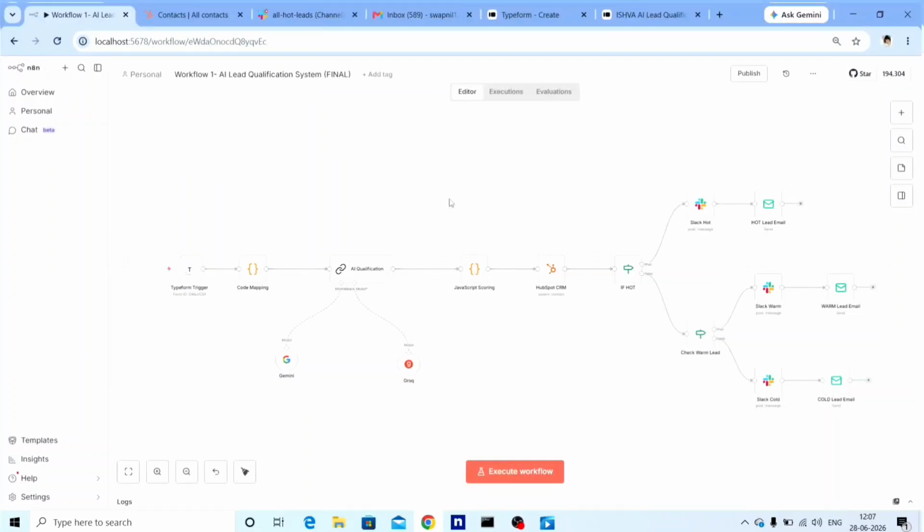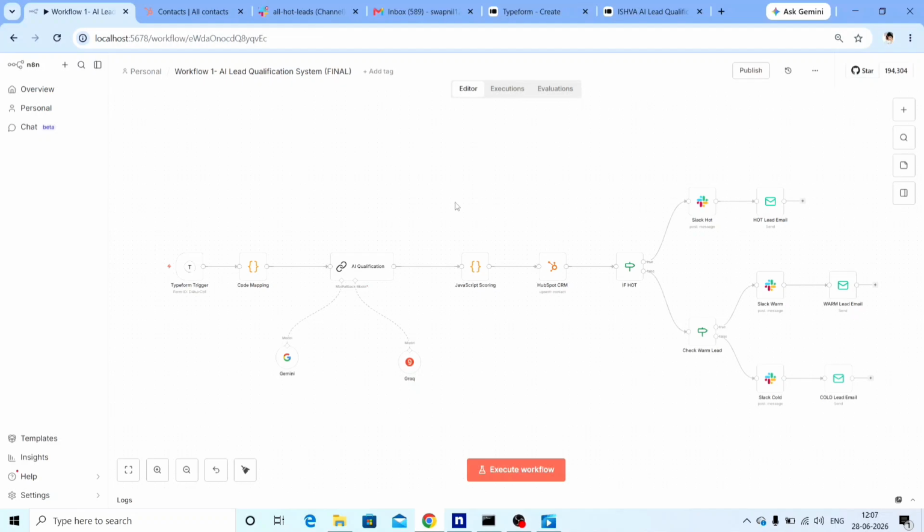One of the biggest problems which I have seen is that many businesses spend money on marketing for generating leads, and that's not a big problem. They generate leads easily, but the problem is that their sales team treats all leads equally. They don't know which leads should be given priority and called first. And you cannot imagine how time consuming it is if the sales team manually analyzes and qualifies